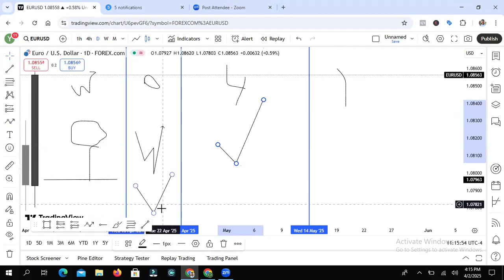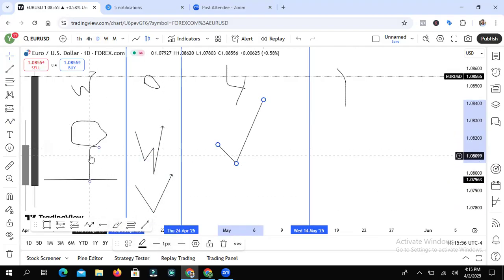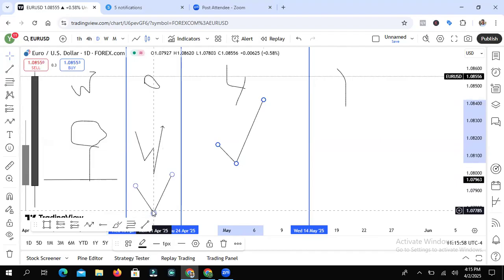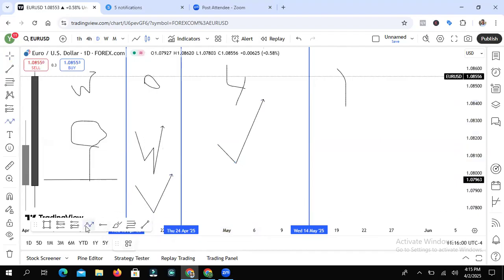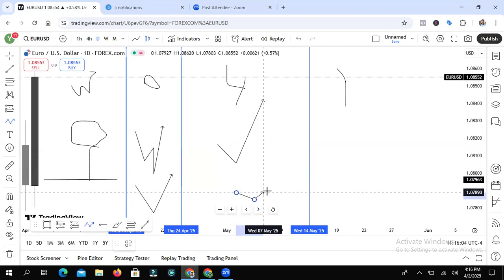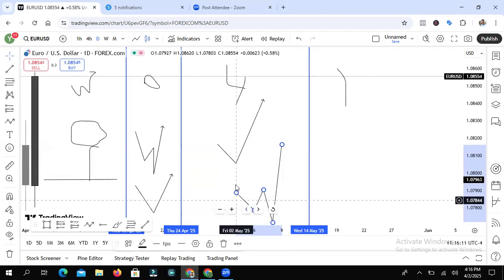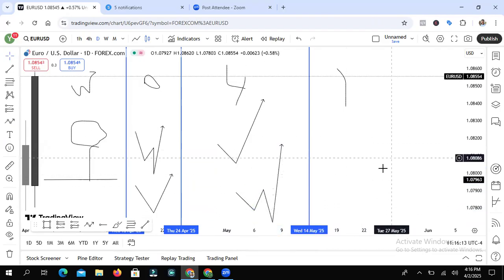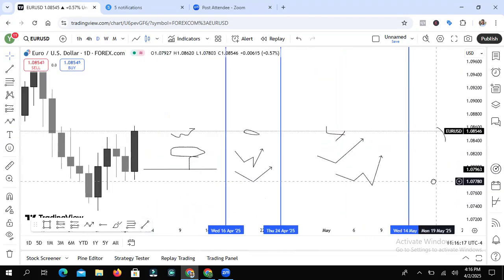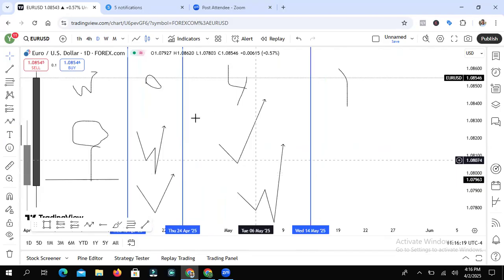If on the daily, after weekly reject weekly, the daily gives you a breakout, what you will see on the 4 hour time frame is liquidity sweep and what? A liquidity sweep and a break of structure. This is all you need to build a bias. Then you use your 1 hour time frame to look for entries and take it up from there. So this is all you need.